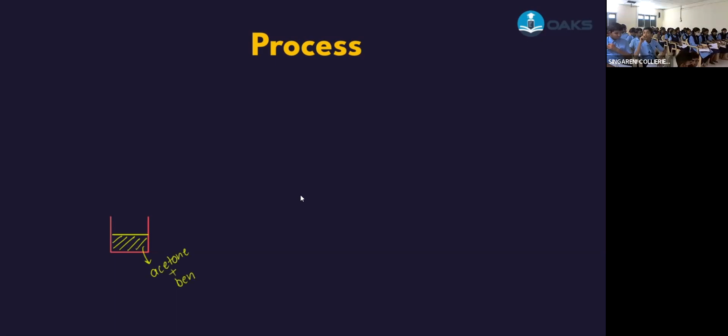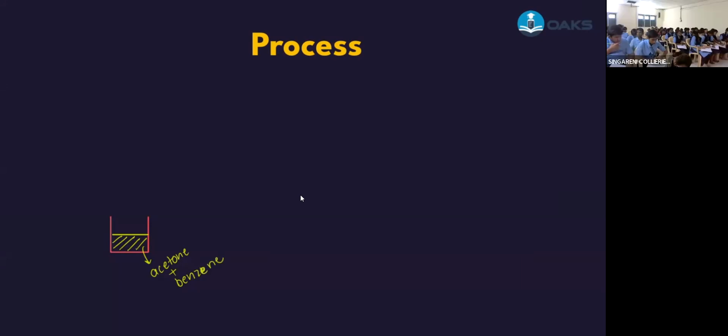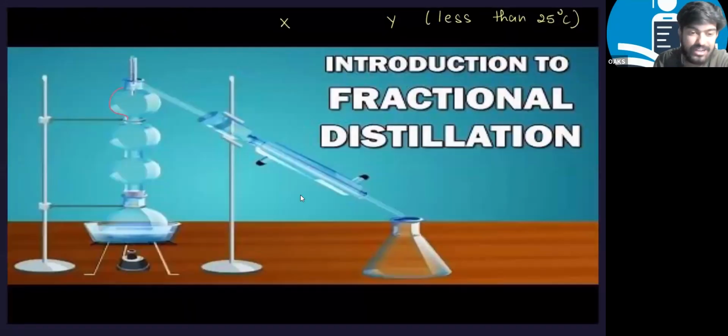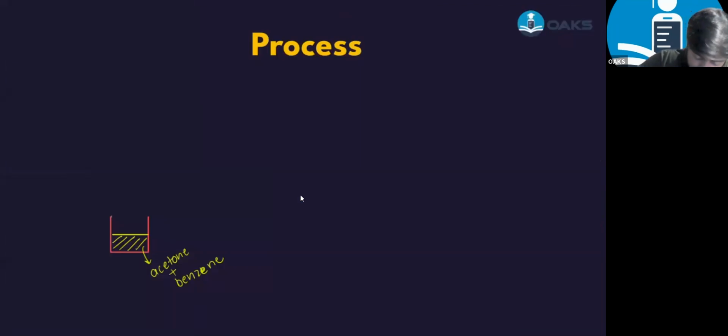And here what we have to know is that the difference between the boiling point of acetone and benzene is more than 25 or 24 degrees Celsius, or less than 24 or 25 degrees Celsius. Less than 25 degrees. Yes. Now see, after this, what we are going to have? We are going to have this kind of setup, right? So let's close this and join this particular thing with the fractional distillation column.